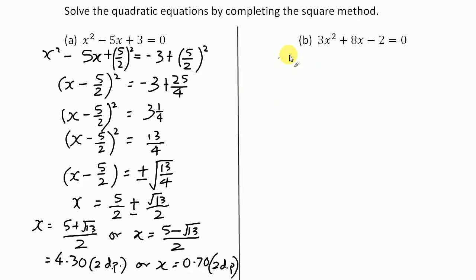Now let's look at question B. In question B, the coefficient of x squared is not 1, it's 3. So in such a case, we divide throughout by 3. That means we divide each term by 3. This 3 and the 3 here will cancel out. So we are left with x squared